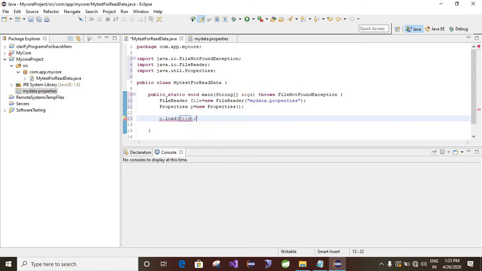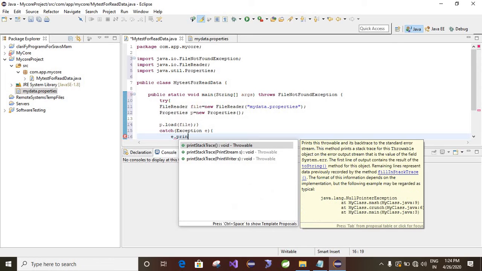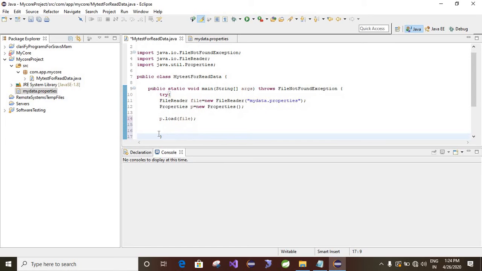Use try catch here. Try, then catch, sorry, Exception e, e.printStackTrace, for handling exceptions while compile errors or runtime errors occur.